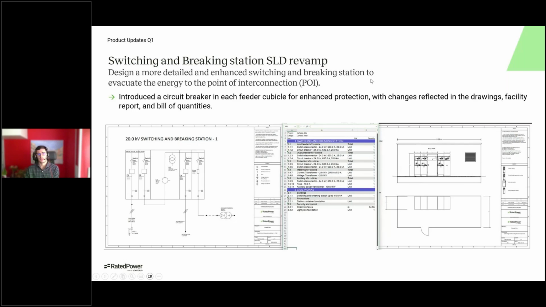When incorporating the option to have flexible interconnection schemas, we were able to get overhead lines